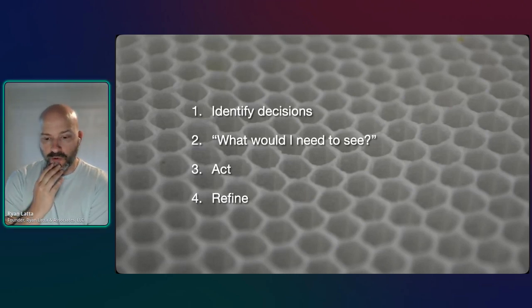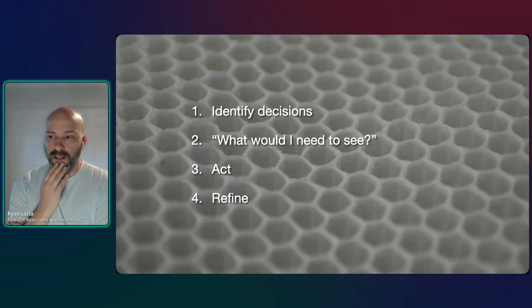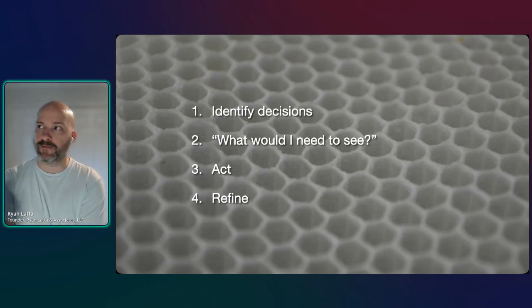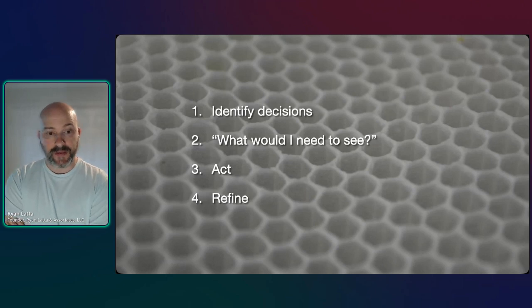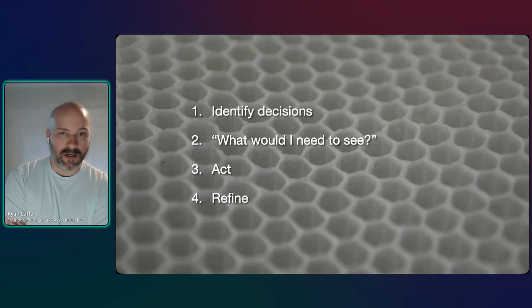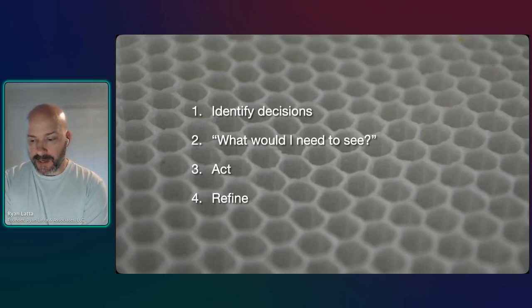The next thing you're going to do is, for each of your decisions, you're going to go through and ask, what would I need to see that would make me act? Make me make this decision? What would I need to see that would force me to make the decision? And this is a paralyzing question, because it assumes you would know what you would need to see. And people get paralyzed because they're afraid of picking the wrong thing, an imperfect thing, an indefensible thing.